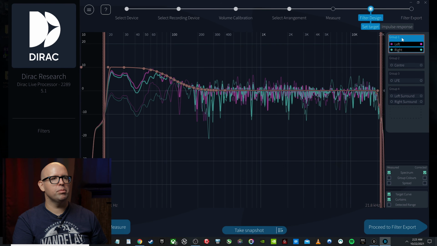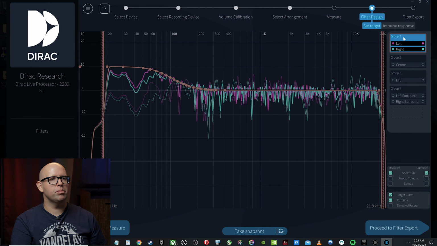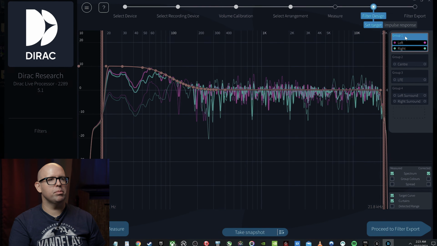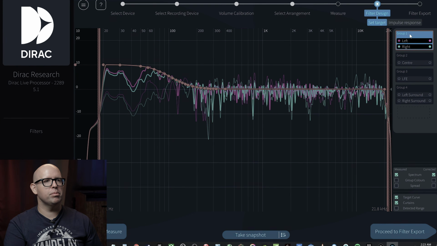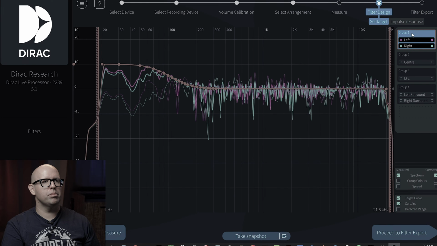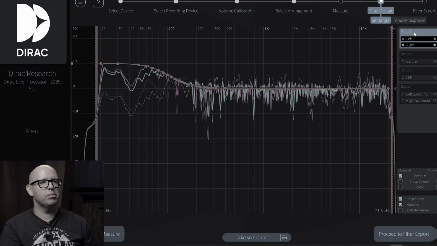What's up guys, Editor Brad here with a little clarification. Now, while matching every speaker curve is the ideal thing to do, there may be instances where you want to boost or cut certain frequencies depending on your situation or room. The most important thing to remember, however, is that frequencies below 120 Hz do need to match across all your speakers. Otherwise, your bass and subwoofer response won't be as good as it could be.